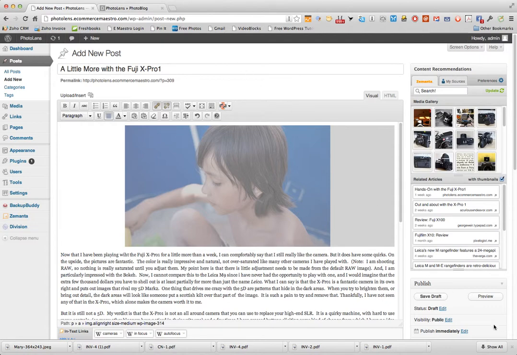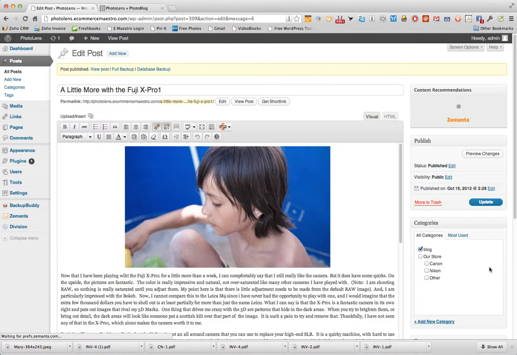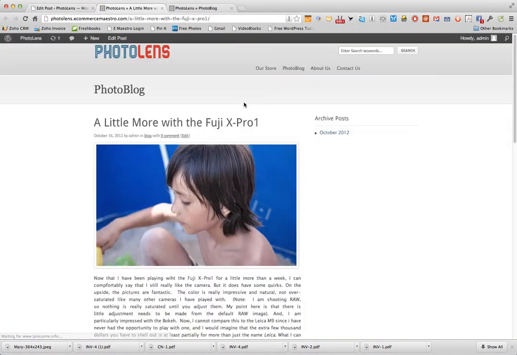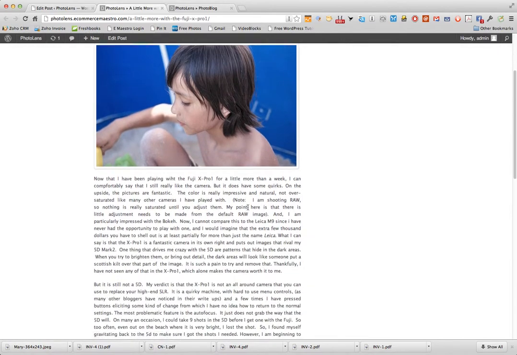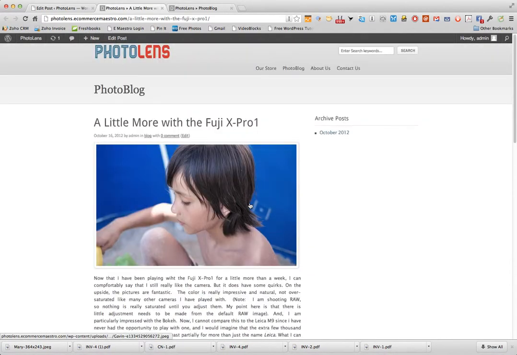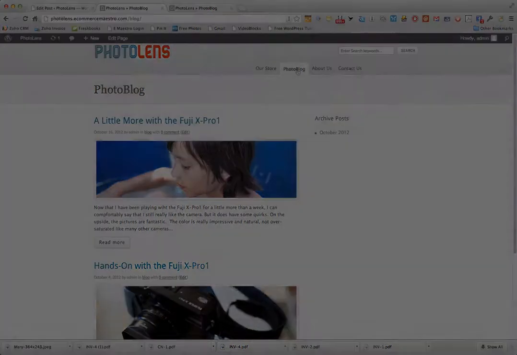And now we could preview it or publish it. To actually put the post out there so it's actually out there for someone else to see is called publishing. So we're going to publish. And now we can take a look at the post by clicking here. And we can see that the post is in on the site now. And if you go to the actual blog page, you now see the other post on top